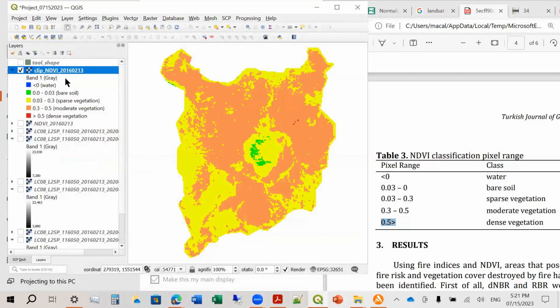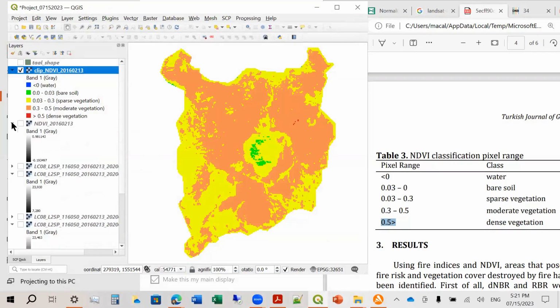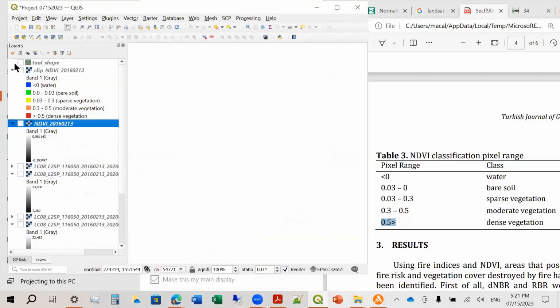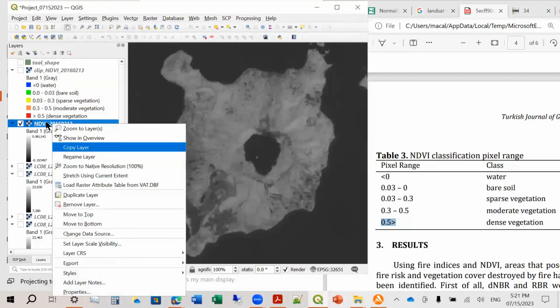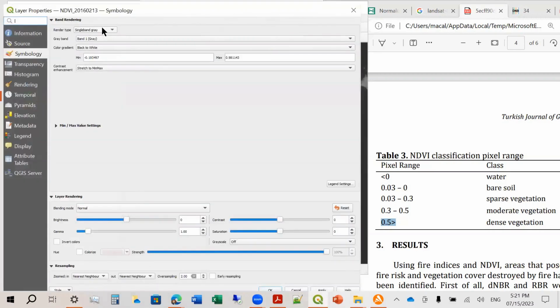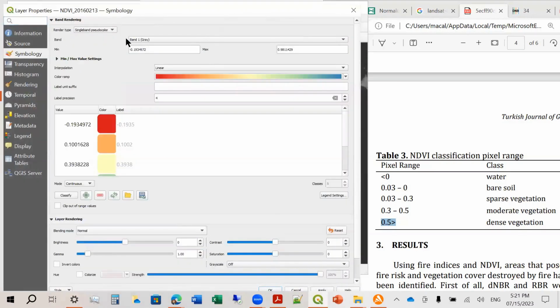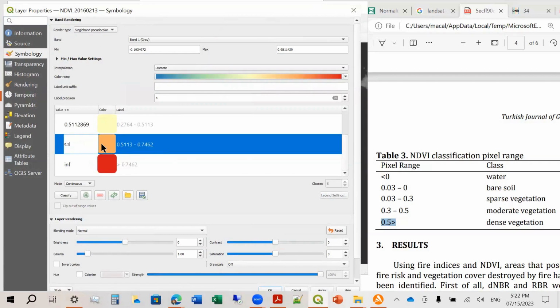Okay, we can do this also here, and just to demonstrate that water is negative. So let's choose this one. And then let's do that again. So properties, then single band pseudocolor, and then invert color ramp, and then discrete. So this is 0.5. This is 0.3.